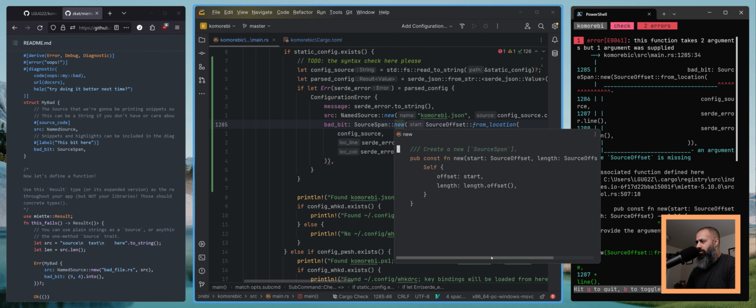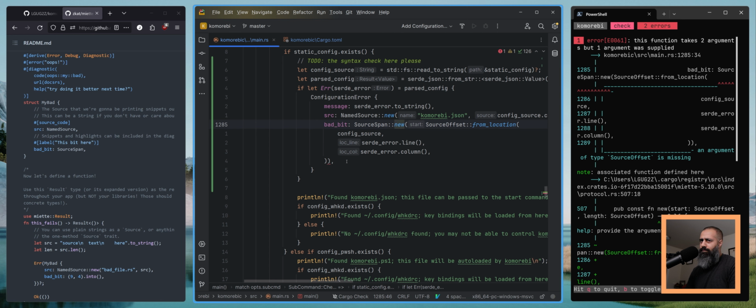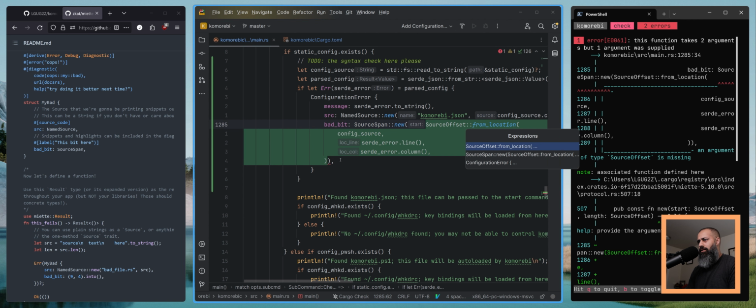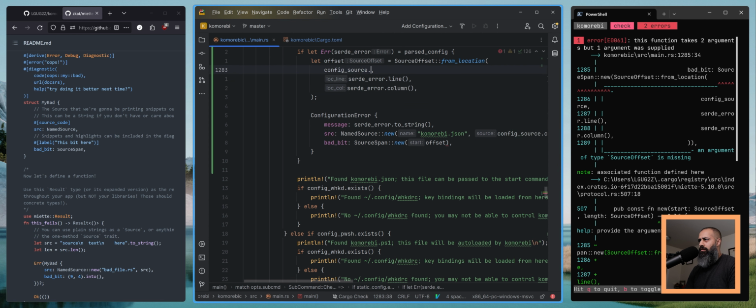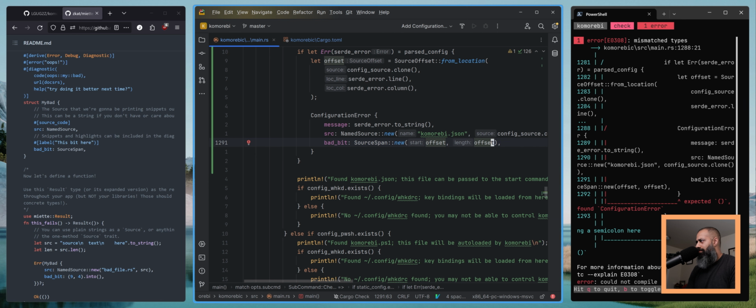Length, source offset, length. I am not sure here actually. I wonder if we can just clone this and just use it twice and just see what that gives us. Yeah, maybe. Yes, no, maybe so. Okay, so